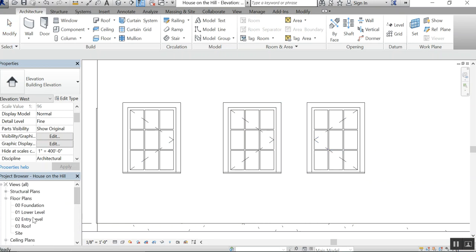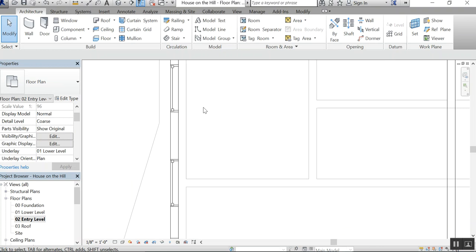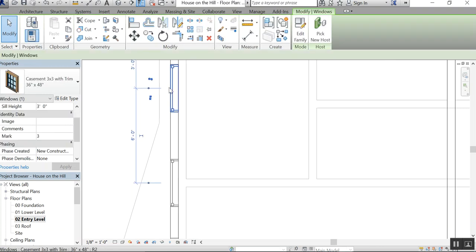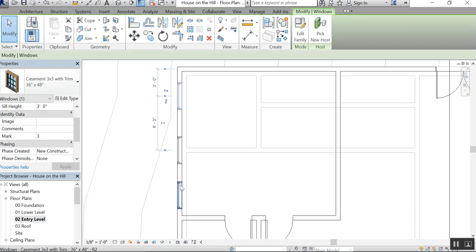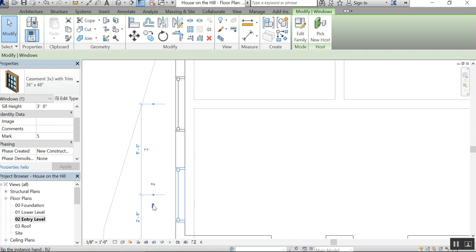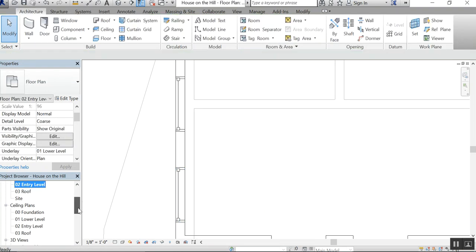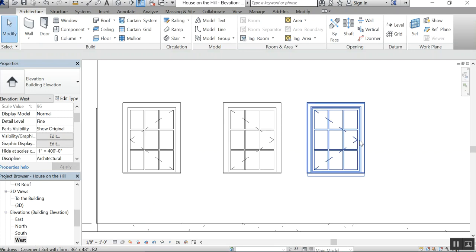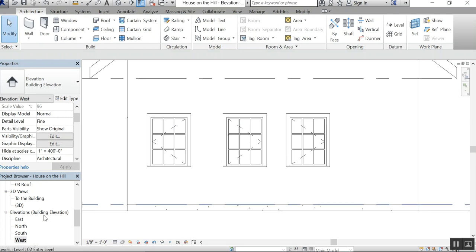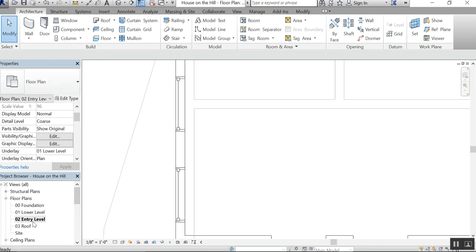So I'll go back to the 02 entry level view, and I'm going to change the handedness of that one. Change the handedness of that one. And if I go back to my west elevation, there we go. Hinge on that side, hinge on that side. That's exactly what I wanted. So now if I go to the 02 entry level floor plan,